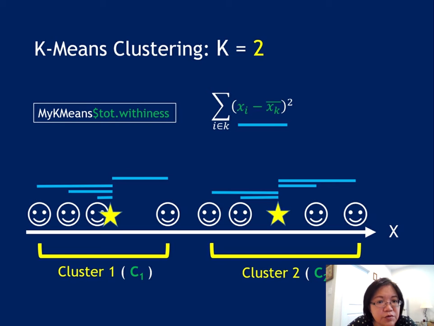The more clusters you have, the smaller this amount will be. When you only have k equal 1, that's the maximum amount of sum of squares you can get. So the more clusters you have, this number will get reduced. The question is,